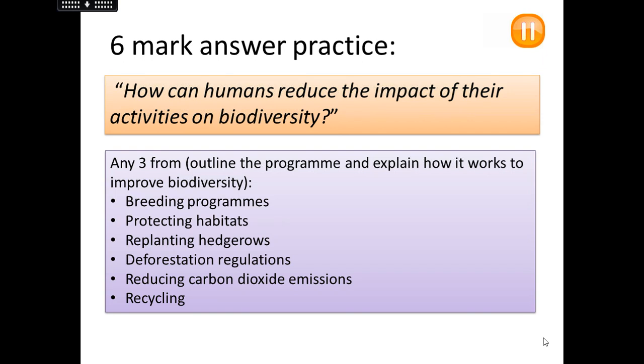I am very, very keen for 6-mark answers to be in as easy a format as possible. You don't have to write in full sentences in your exam paper. Lots of people think you have to, but you don't. You can do it in table form, or you can do it in bullet points. As long as you get everything out that you need to, then that's fine. So pause the video and give yourself a chance at answering a 6-mark question, please.